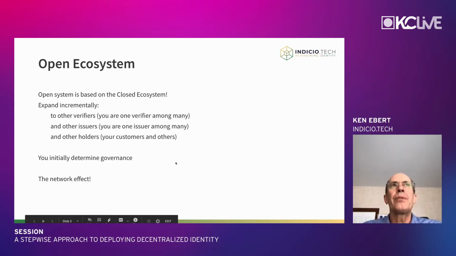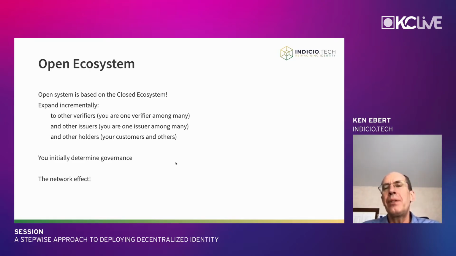Once you've got your closed ecosystem working, and it's fairly simple, even as you start implementing it, many of our current customers, even at the prototype stage, start to find additional uses, more people who can verify, additional issuers, variations on the credentials that all make sense and can expand your system. When you expand your system, you want to do that stepwise so that you're first bringing in another verifier, so that instead of being a single verifier, you're one among many. This allows you to, in a controlled way, expand your governance, expand who is going to participate and how they're going to benefit from the system.